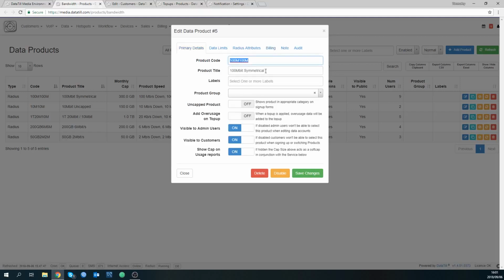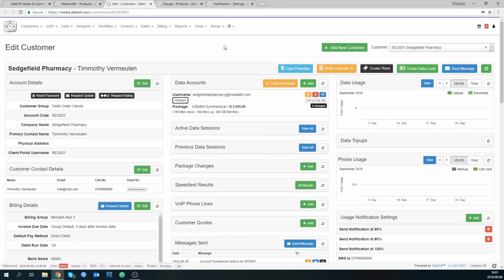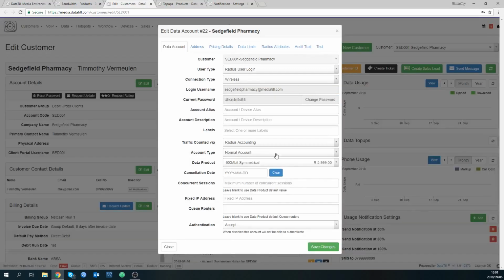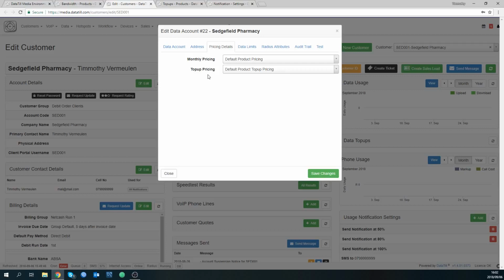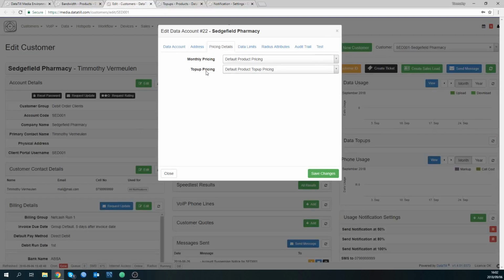Package 5. That is one further step. Here is exactly that normal information, and we have my pricing here. As many of you may have seen, you can do custom pricing on Radius accounts per customer. In this scenario, as you can see, here's a monthly pricing being default pricing, with default pricing per top-up,